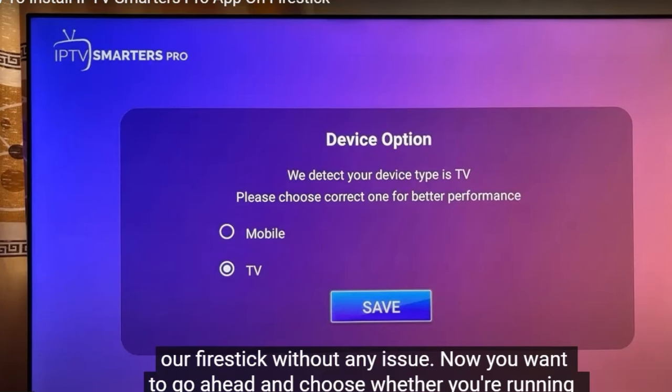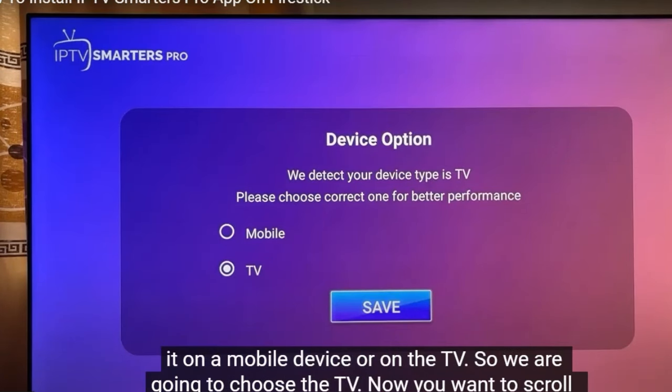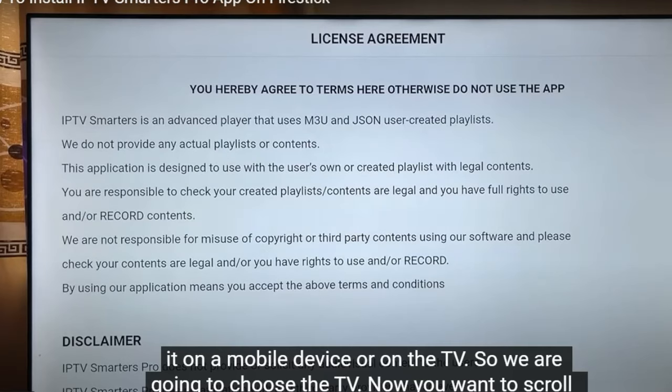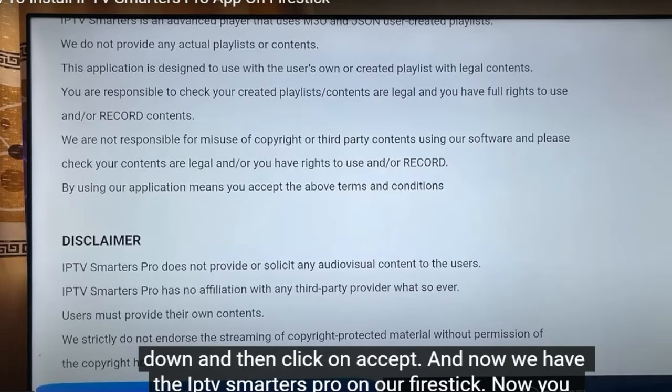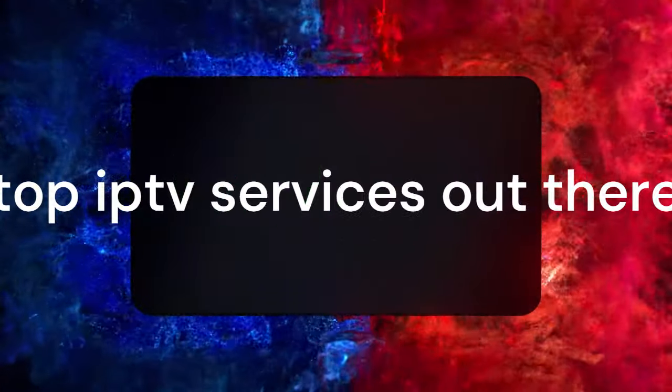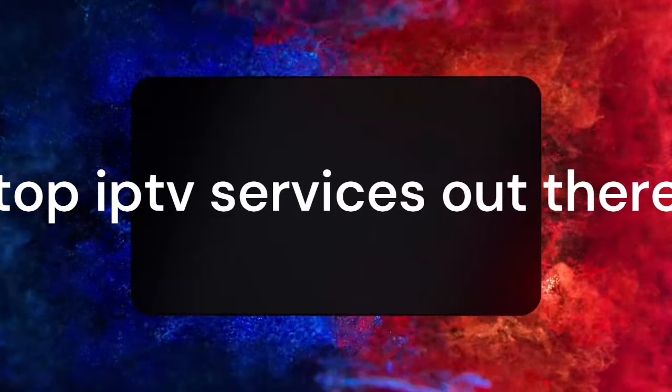Now you want to choose whether you're running it on a mobile device or on the TV. So we are going to choose the TV. Now you want to scroll down and then click on Accept. And now we have the IPTV Smarters Pro on our Firestick. Now you can go ahead and log in using the Xtream code or your M3U playlist, which you can